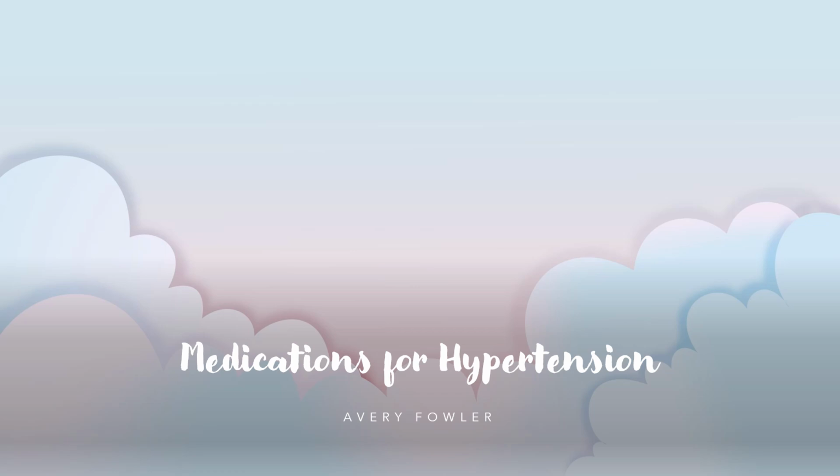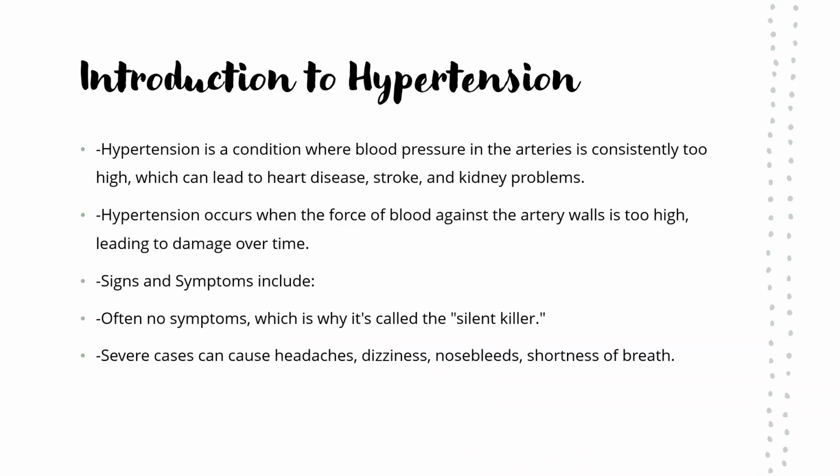Hello, my name is Avery Fowler, and my presentation is about hypertension, commonly known as high blood pressure, and two medications frequently prescribed to manage it, lisinopril and amlodipine. So let's get started. Hypertension is a condition where the force of blood against the artery walls is consistently too